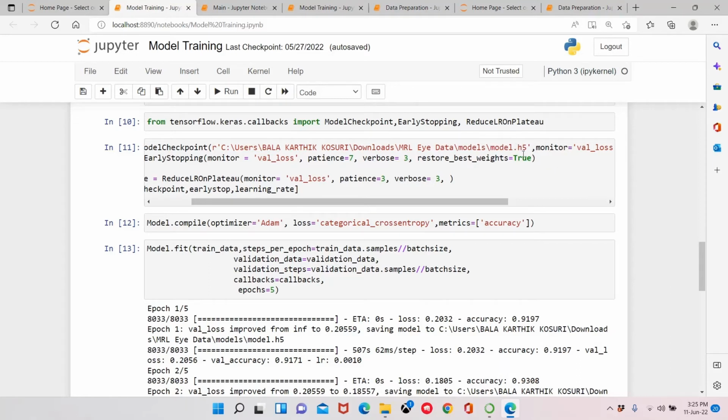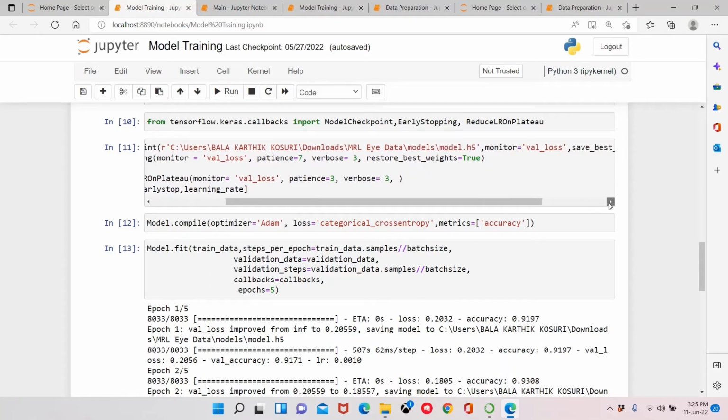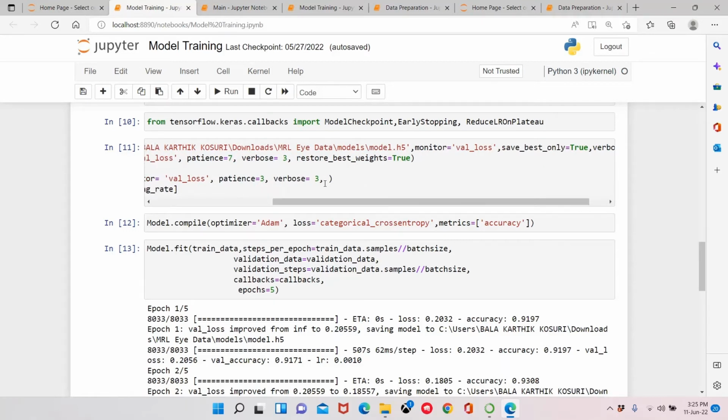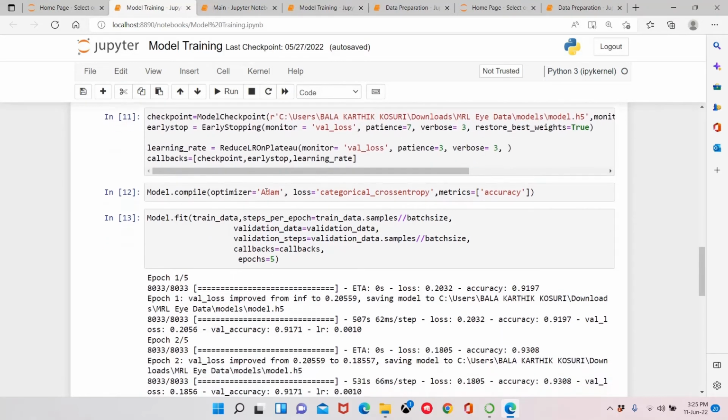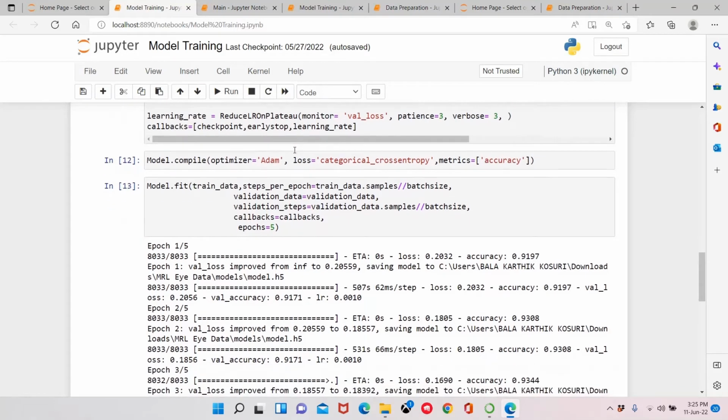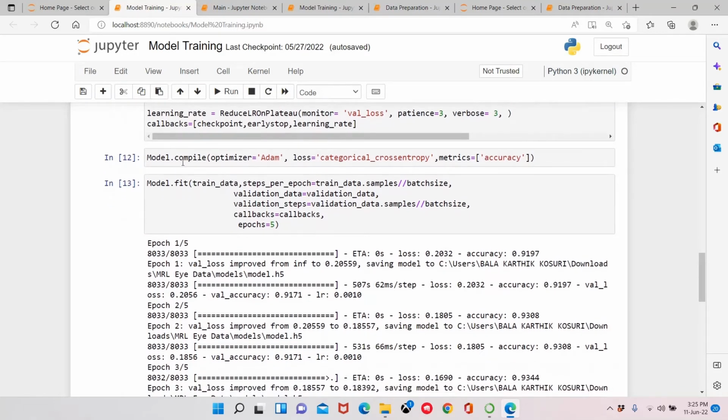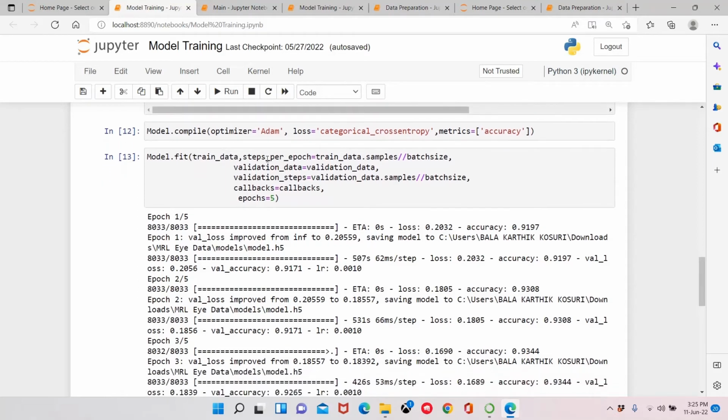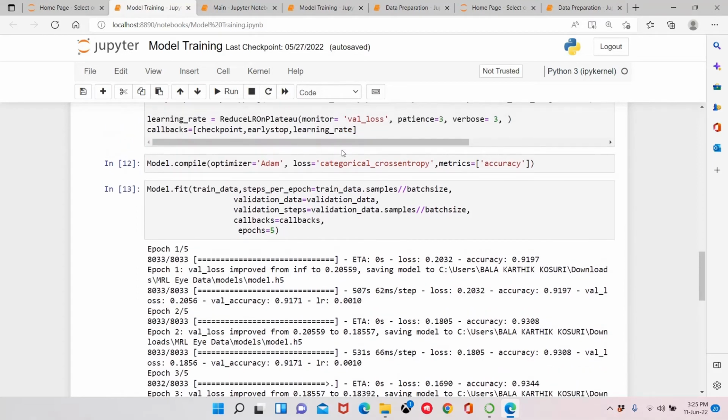In model.h5 our model is stored, and this is the learning rate. For this learning rate we are using ReduceLROnPlateau. Next, this is model.compile. Using the optimizer we can calculate the accuracy metrics and loss.